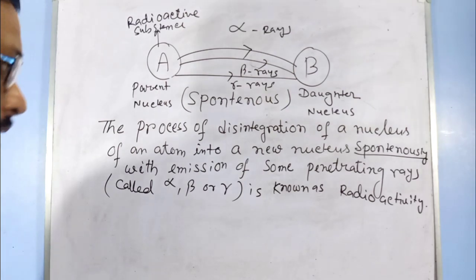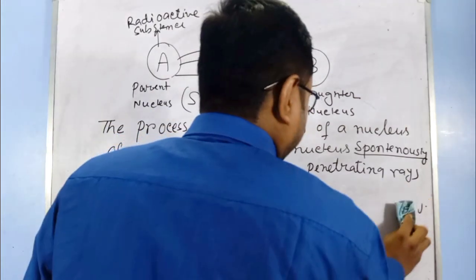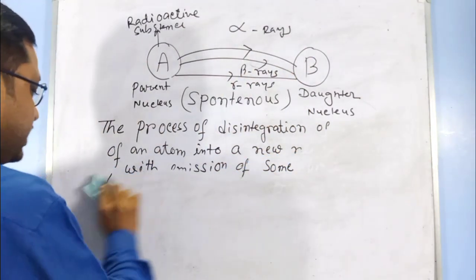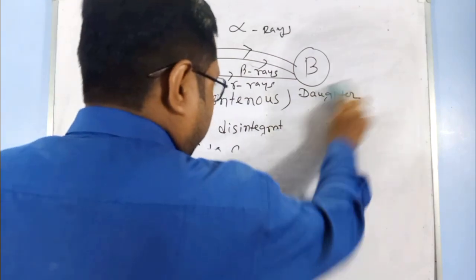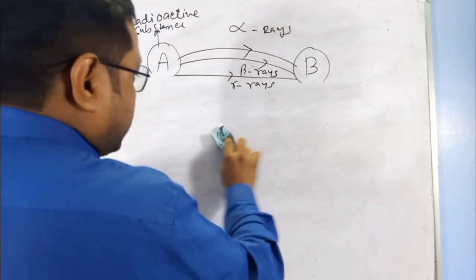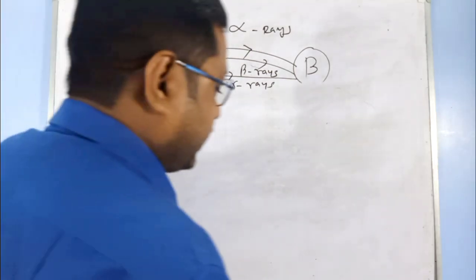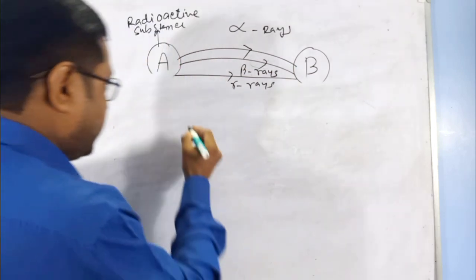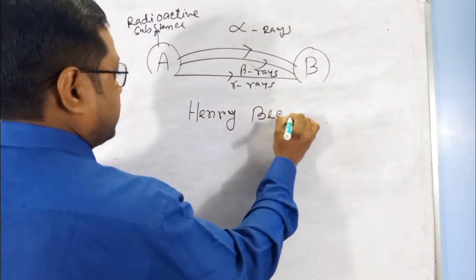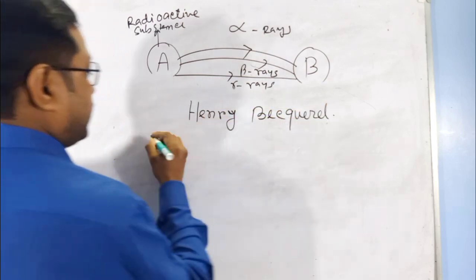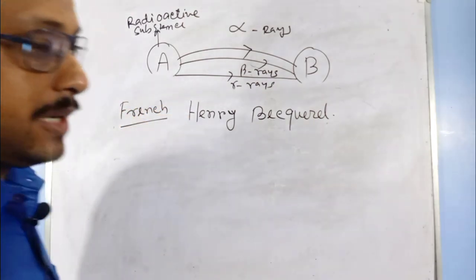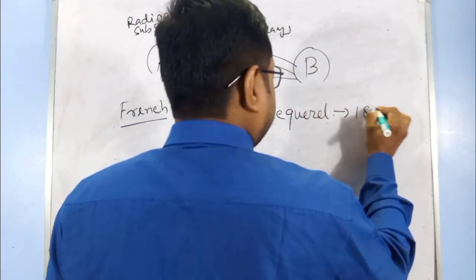So now we go with the history of radioactivity. It is not very necessary in your exam, but you must know it. It is a very funny, interesting story. A French scientist named Henri Becquerel, in the year 1896,